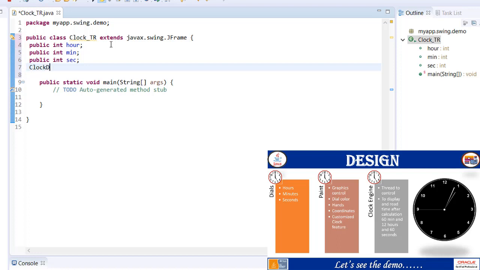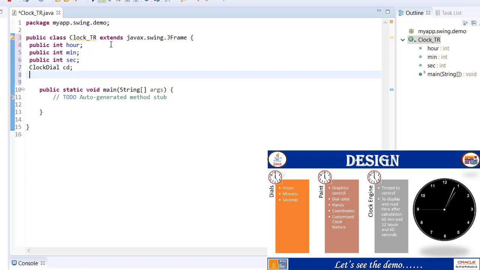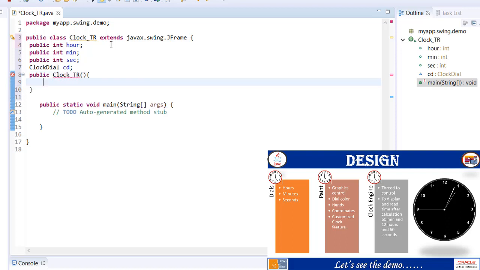Now there is one called clock dial, which we are going to use in this class, creating an object of that class. The next step is we need to create our constructor, and inside the constructor we are going to write our code. Set size, giving the size of the frame 510, some random coordinates,